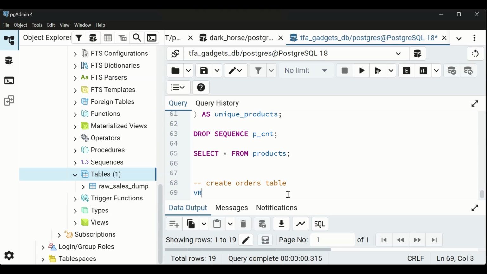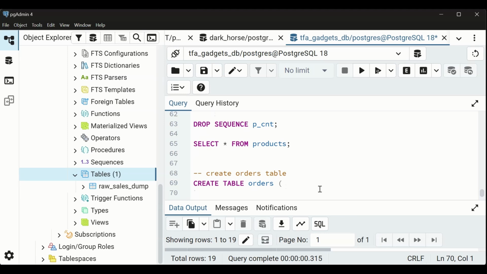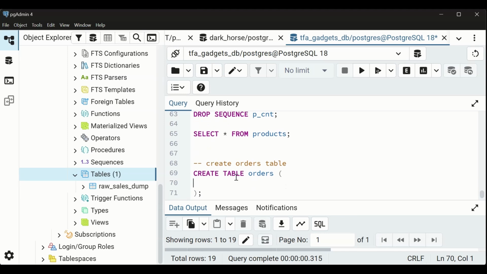So go create table orders. As usual, open a bracket, close it, put your semicolon, take your cursor between them, expand it, and then start typing. So sales ID,